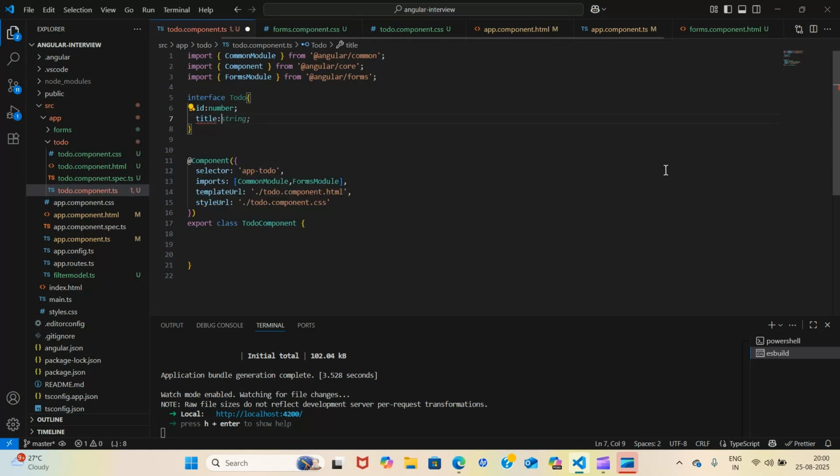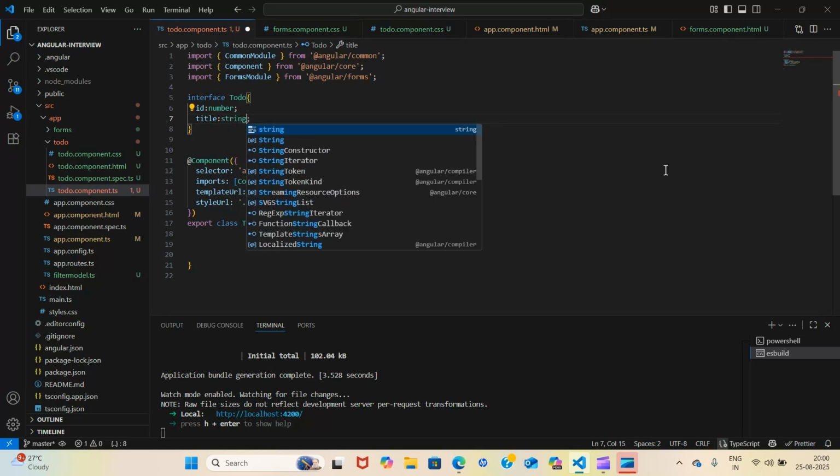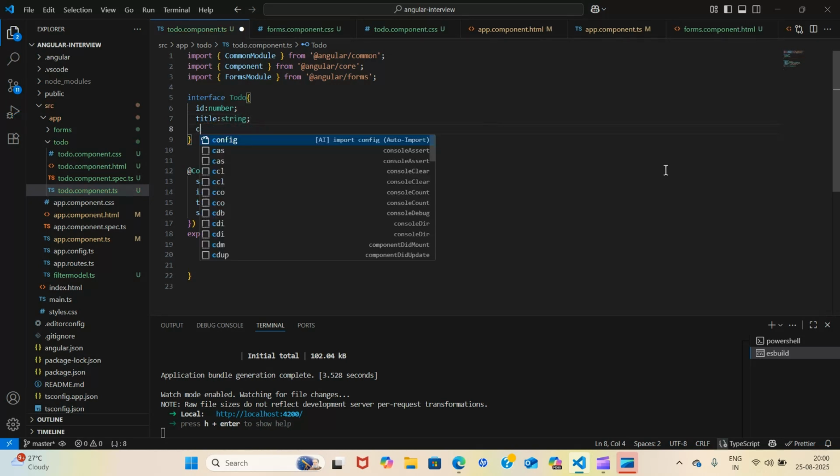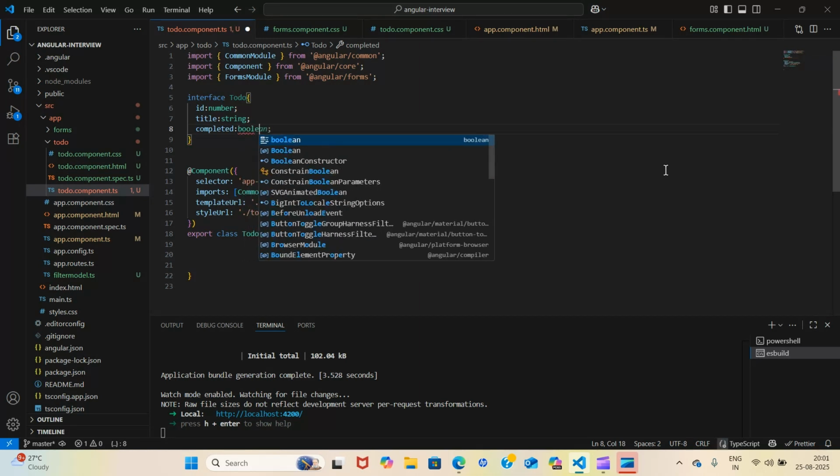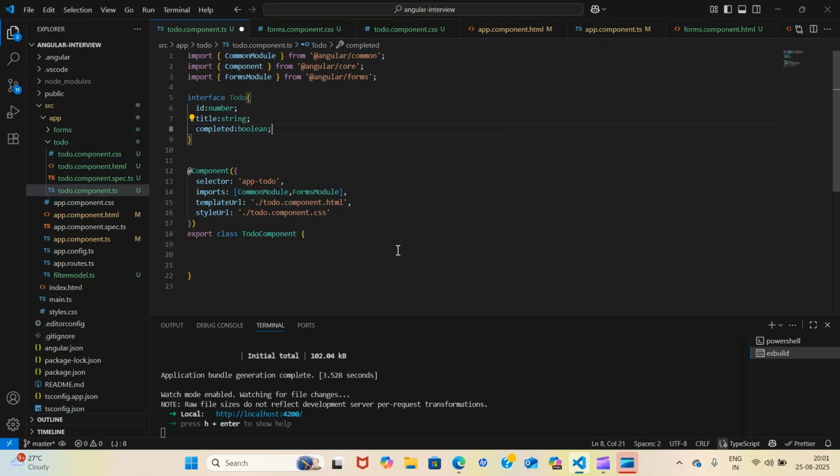Then we should have some title, which will be your task, and then completed. It should be boolean because it's completed or not completed. So we are just tracking it on the basis of a flag, so treat it as a flag. So this interface is created.